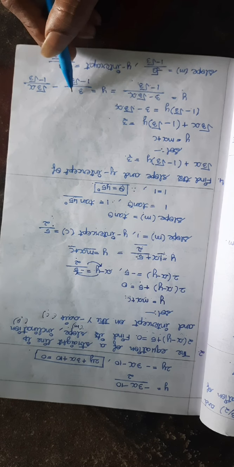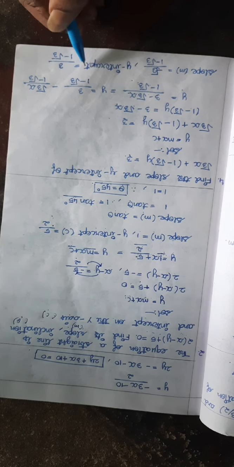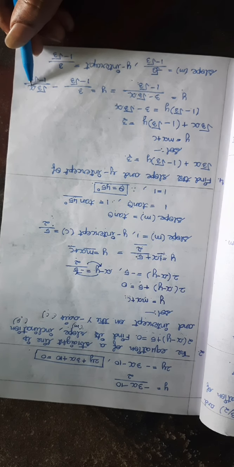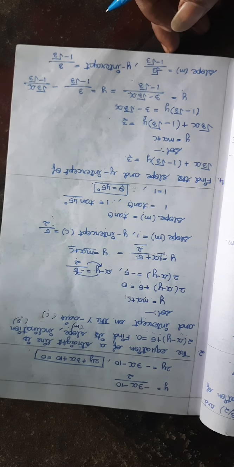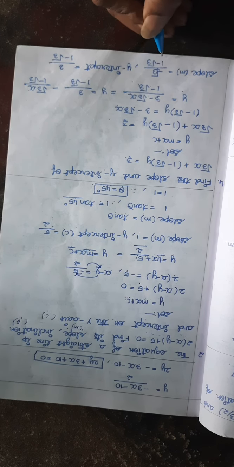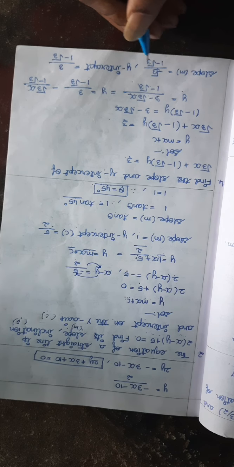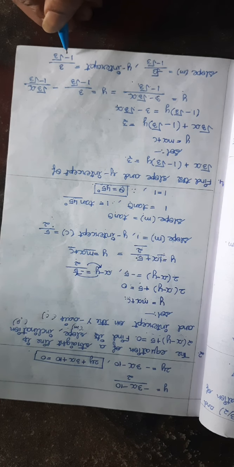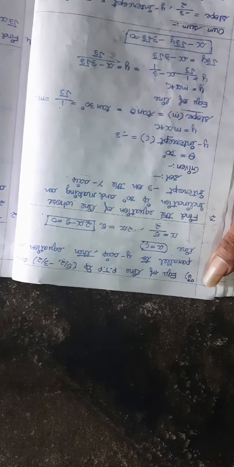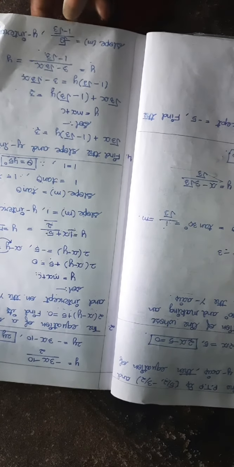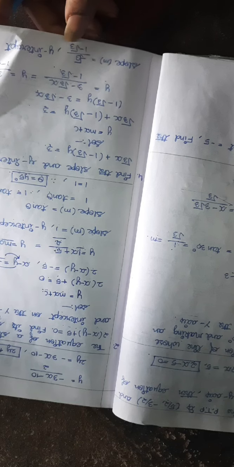Here this is only a constant. The constant we can take as the y-intercept. Here the coefficient of x is the slope. So we can get slope m = minus root 3 by (1 - root 3), and y-intercept = 3 by (1 - root 3). So next, see here.